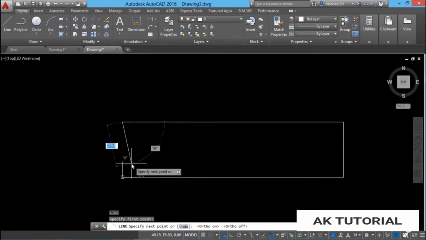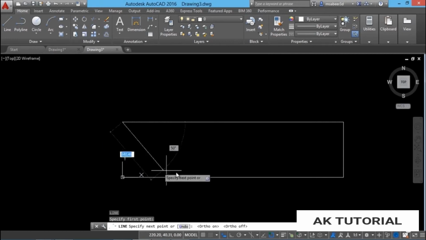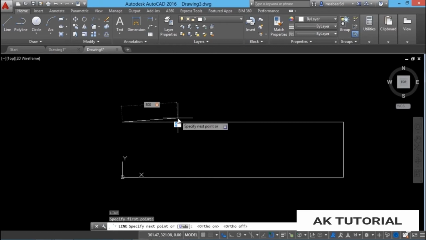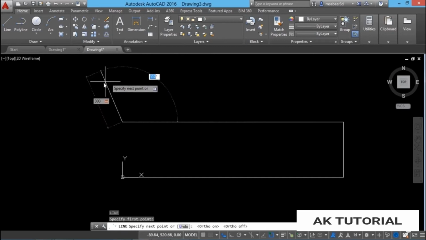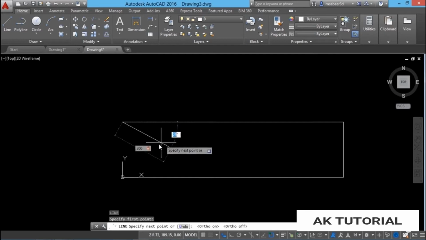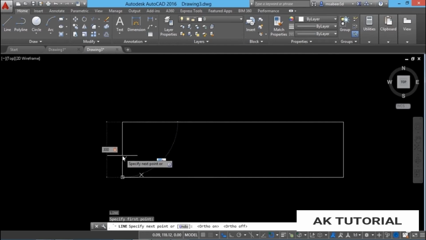The next segment has got a length of 300 units and it is drawn straight down. So the angle is 90 degrees. Since the ortho is not on, along with the distance, you should also specify the angle. So I'll give the distance 300 and I press the tab key to edit the angular value and I'll give the angle as 90 degrees. You can see that the angle starts from 0 and it increases to 90 if it is vertical, and when it is leftward it is 180. And in the clockwise direction it starts from 0 and when it is down below it is 90 and when it is leftward it's 180. So you should give an angular value of 90 degrees.